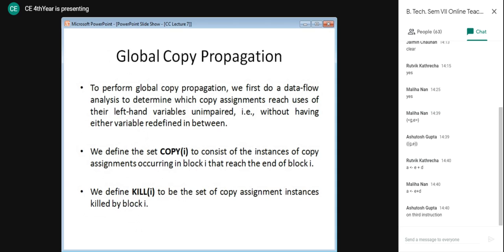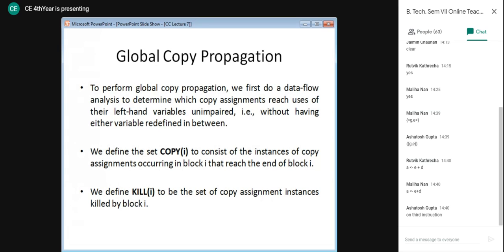Now let us try to understand what and how global copy propagation is supposed to be done. To perform global copy propagation, we first do a data flow analysis to determine which copy assignments reach uses of their left hand side variables unimpaired, that is without having either variable redefined in between.